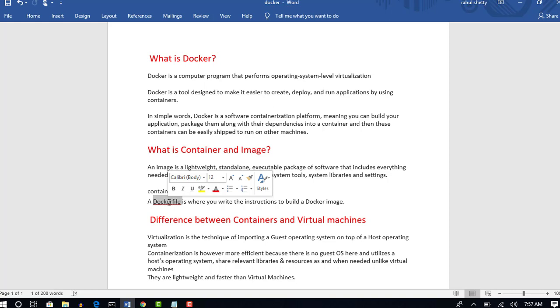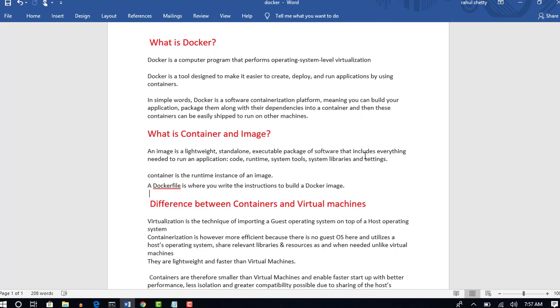You pass those instructions in Docker style language and create a Dockerfile out of it. When you execute this file, Docker software will scan it and create an image. That's how you do it in general. How to do all this, again, in the next lectures.